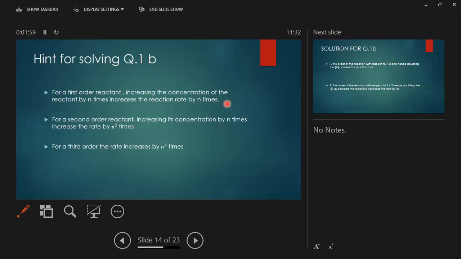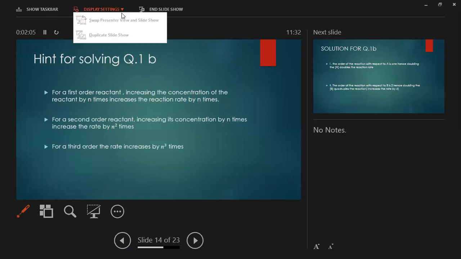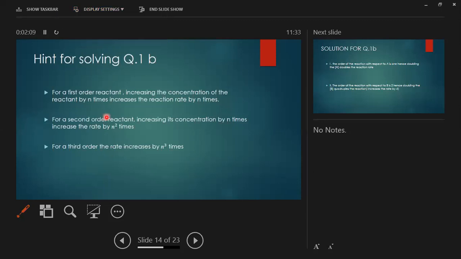That's the meaning of the first law there. Then the second one, for a second order reaction, increasing its concentration by n times increases the rate by n squared times. So if the formula,